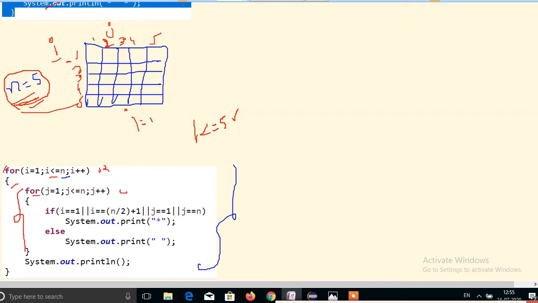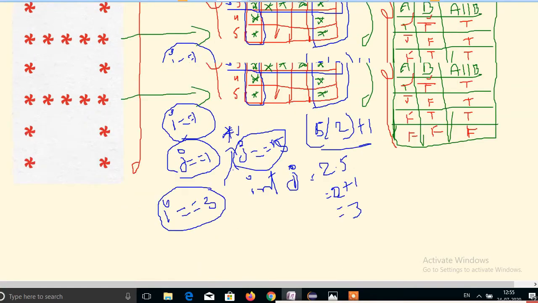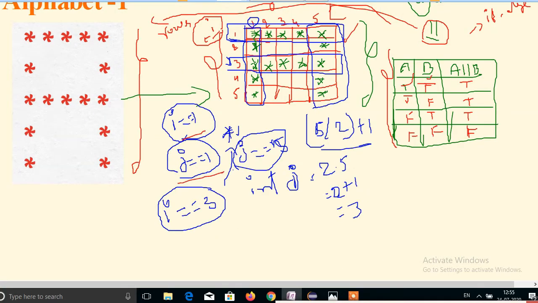Now j value equal to 1, the cursor will be at this position. j equal to 1, j less than or equal to n, so check the condition again: 1 less than or equal to 5, condition true. Inside the body we have written I double equal to 1, j double equal to 1, I double equal to 3, j double equal to 5.